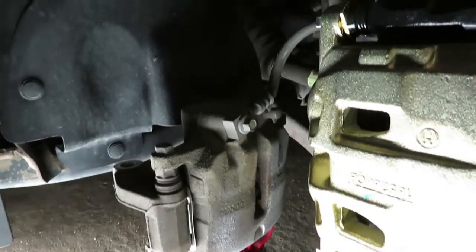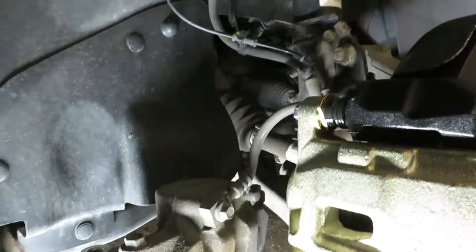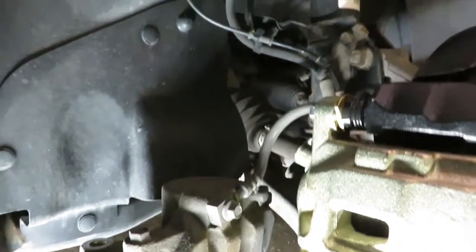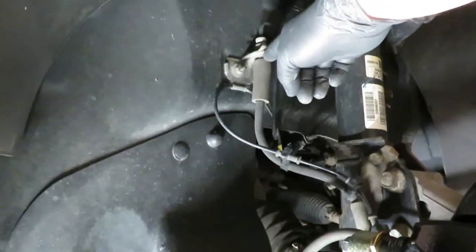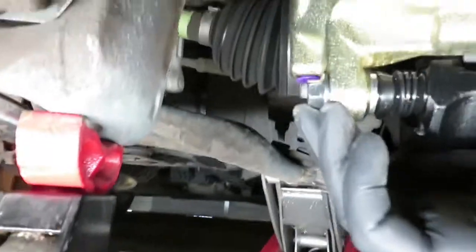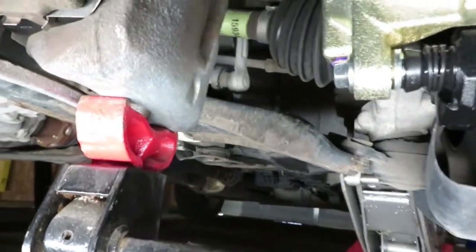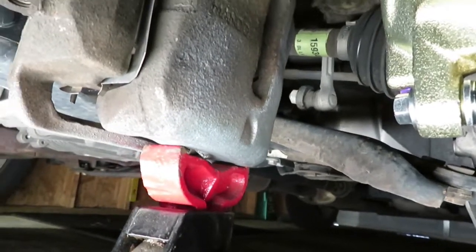So one other item that we will probably have to change will be the brake line that goes from here to the bottom of the caliper, which is right here. And most likely that'll come from an SRX